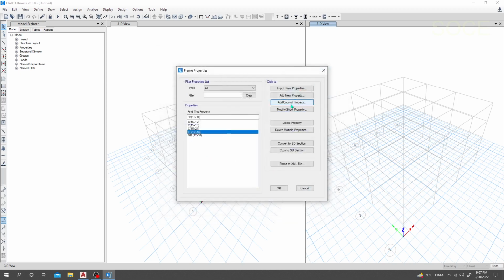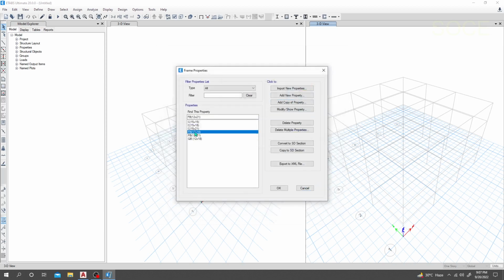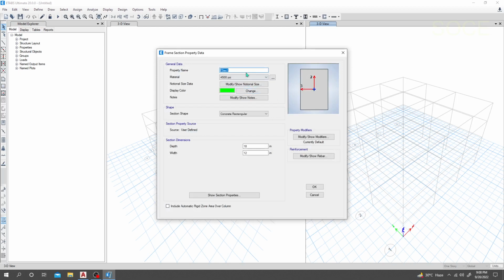Okay, again I'll add a copy of properties, and 12 into 21, and here 21. I'll consider only these two sections now. Okay, and this is for our floor beam. Now I'll take another copy of properties, then stranger beam, that means the beam below or at the mid